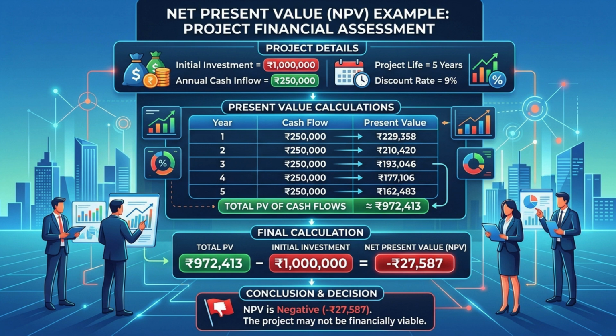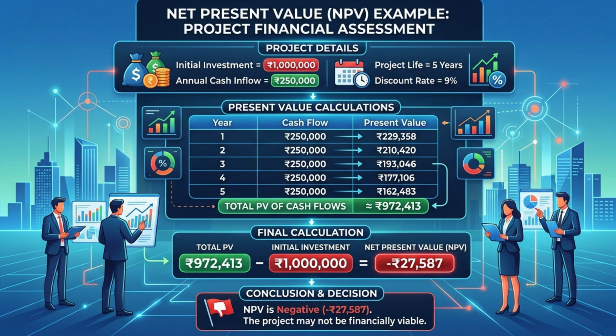NPV equals 9,72,413 rupees minus 10 lakh only, which equals minus 27,587. The final NPV is a negative 27,587 rupees. This means the project may not generate sufficient returns to justify the investment, and therefore it may not